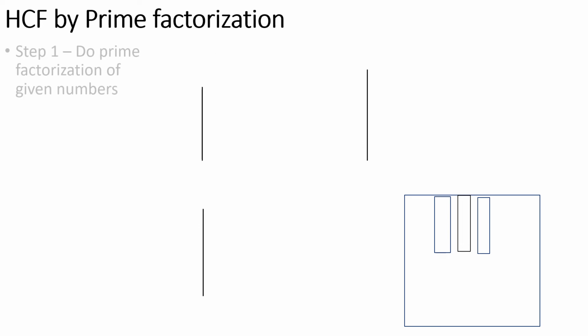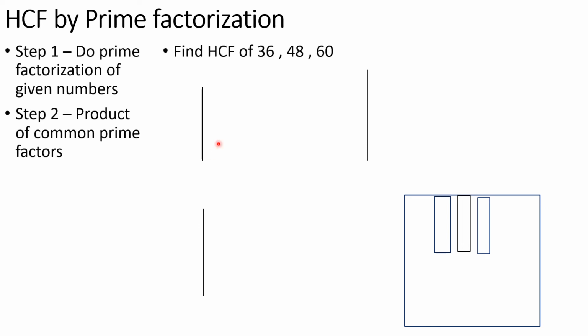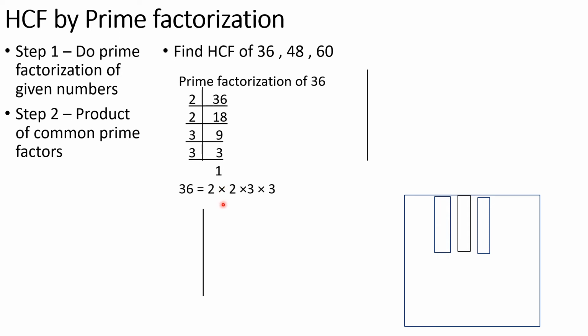Let us take one more question. Steps will be the same. Here find the HCF of 36, 48, 60. So for the prime factorization of 36, we will write 36 here and it is divisible by 2. So we will write 2 here. 2 eighteens are 36, so 18 is your quotient. We will write it here and again 18 is divisible by 2. That's why we will write 2 here. Then 2 nines are 18 and 9 is divisible by 3. We will write 3 here. 3 threes are 9. 3 ones are 3. It means the prime factorization of 36 equals 2 multiplied by 2 multiplied by 3 multiplied by 3.